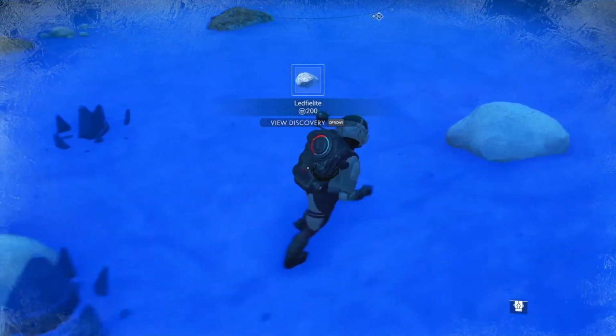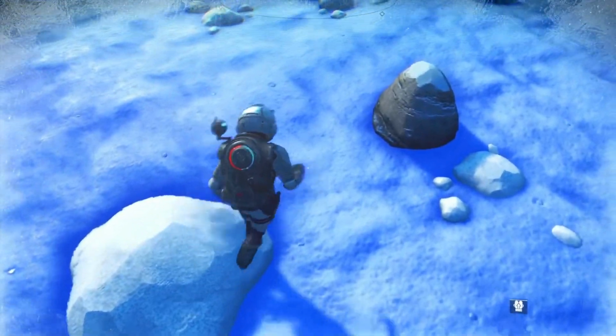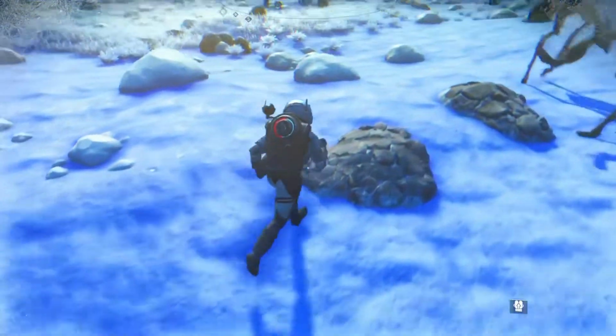But there are another type of tree that I'll show you later on in the game in a snowy planet. It's either these green trees or the white ones. You know which ones I mean. So I'm getting a...